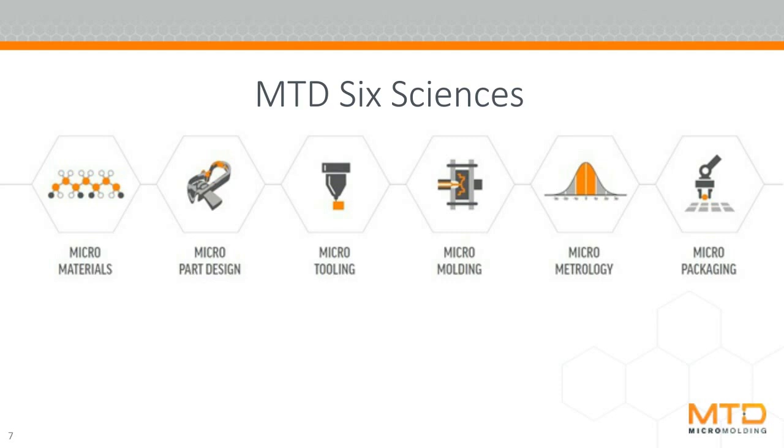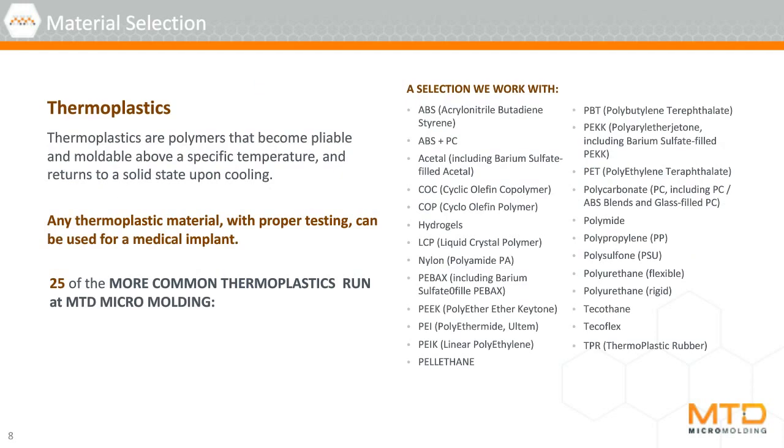As I stated earlier, it all starts with the material, and one of the most common questions we always field is, what materials are suitable for micromolding? And the simple answer is that all thermoplastic materials are suitable for micromolding. But the determining factor that generally comes up is what your geometry will drive, what material is suitable